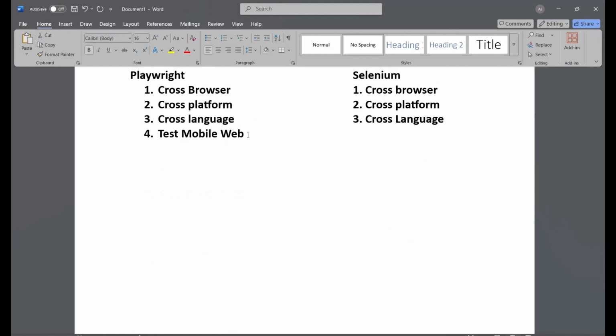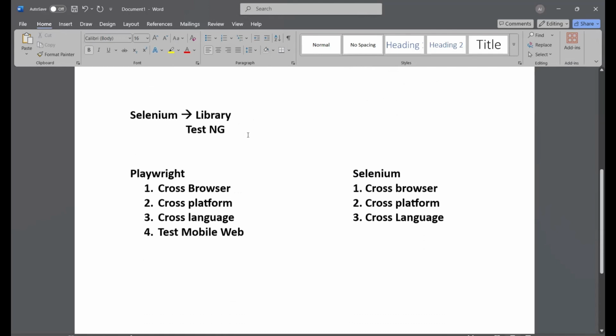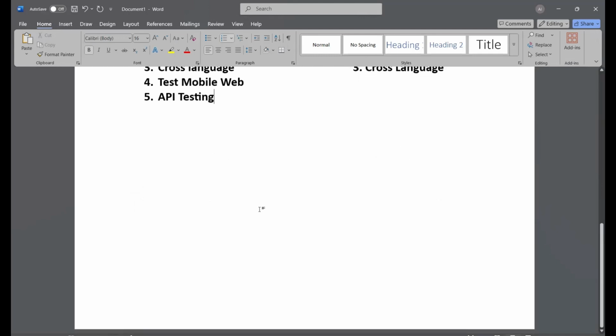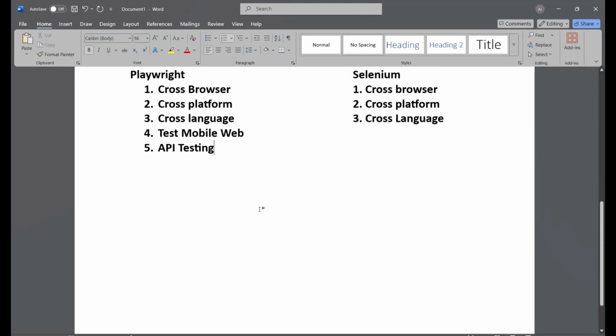So the next advantage in Playwright, compared to Selenium, is API testing. We cannot achieve API testing in Selenium, but we can achieve API testing in Playwright. Playwright itself includes built-in APIs to test, allowing you to test the backend APIs. So the next advantage is here,